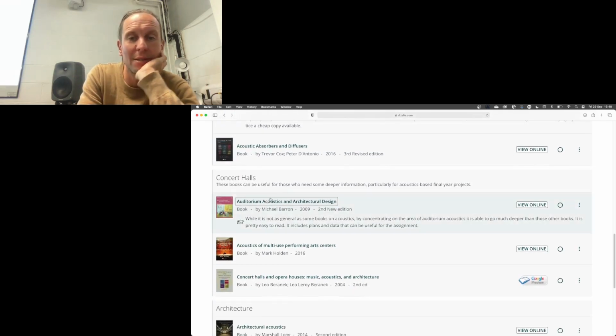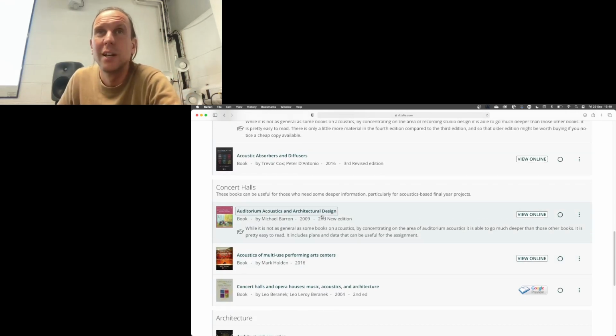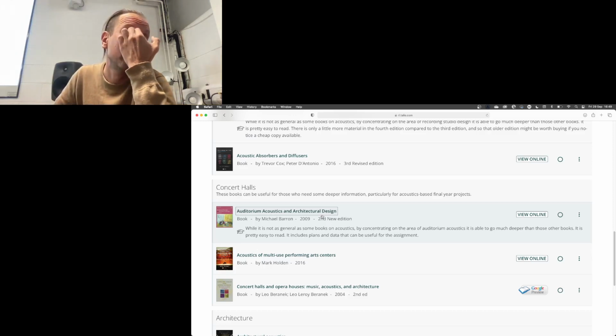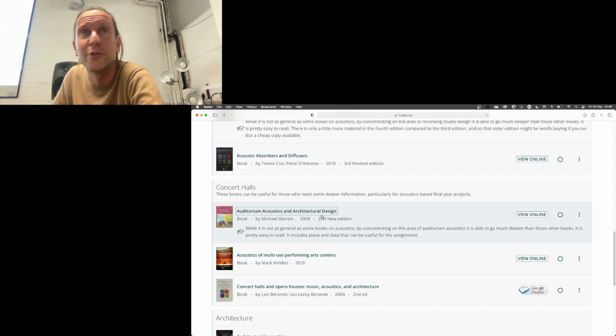Now, this set of books, these three, are about concert halls. This used to be traditionally the main thing for acousticians. Concert hall design, many books written about it in the previous century, many recipes and many rejections of different recipes, many failures, many unexpected successes. It's really a funny thing.